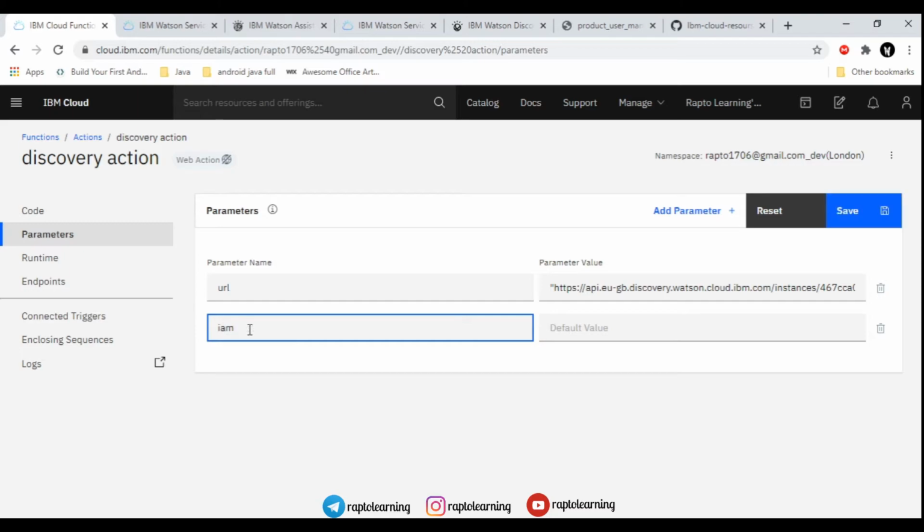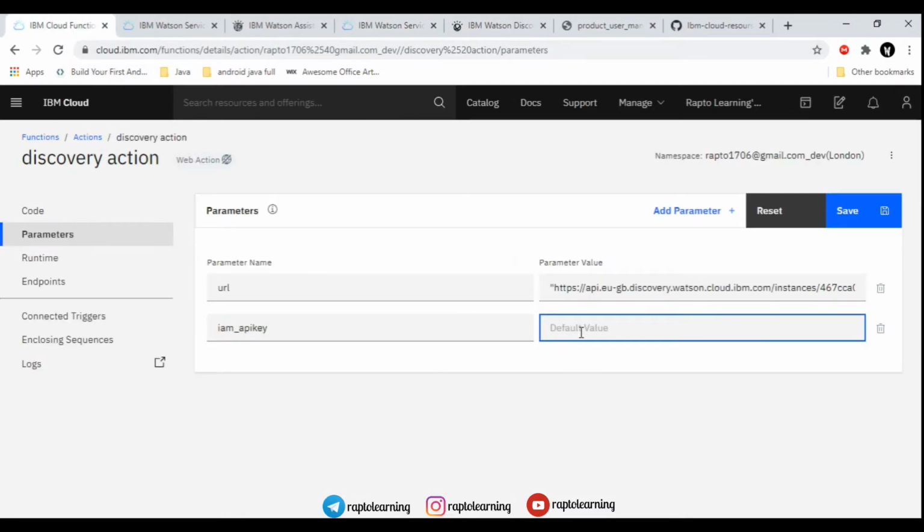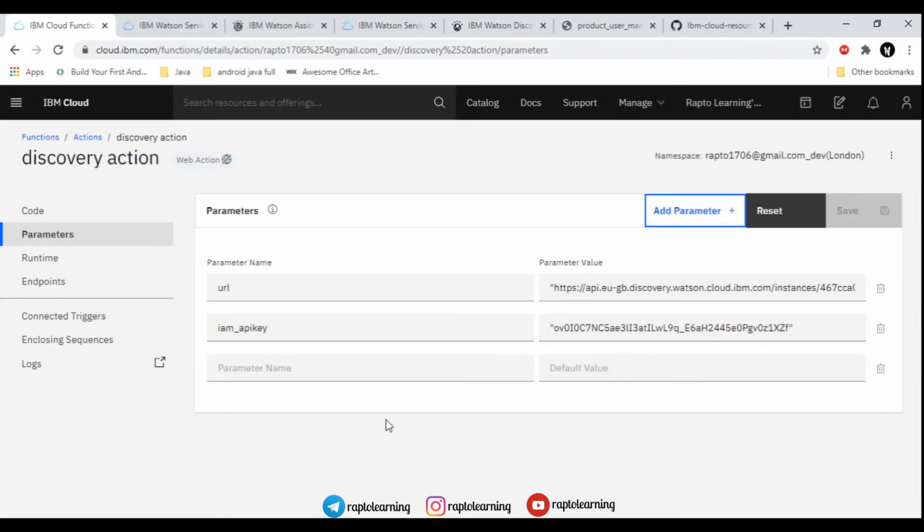So the next parameter which we are going to add is the API key, right? We will just enter a parameter name, that is API key, and then again we will go into the Watson Discovery and add that API key also. Just go to the Watson Discovery. Here the API key is available. You just copy this. Show credentials and then copy it if it's not working like that.